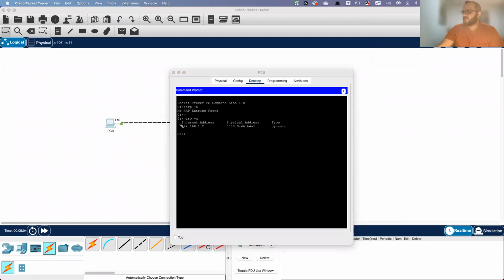Then PC0 will have the IP and MAC address of all of them, IP MAC, IP MAC, IP MAC, eventually after they communicate. So PC0 knows about its network and this is how it will look. What we will do, as an attacker,